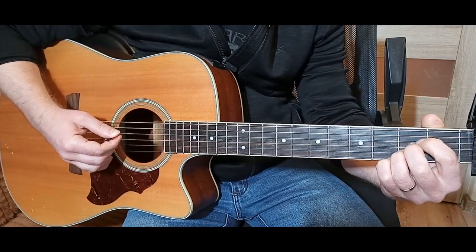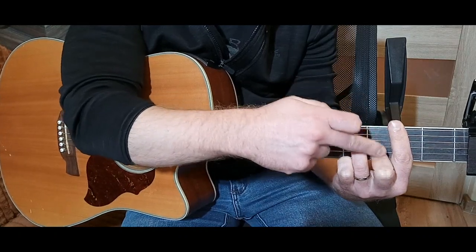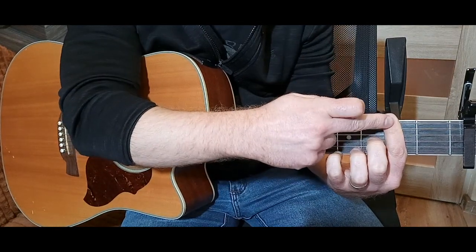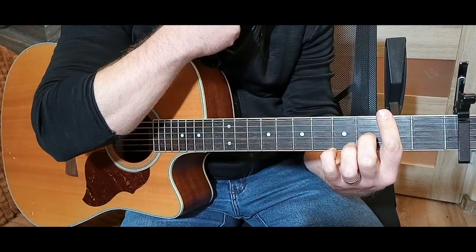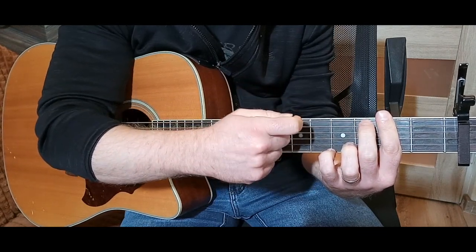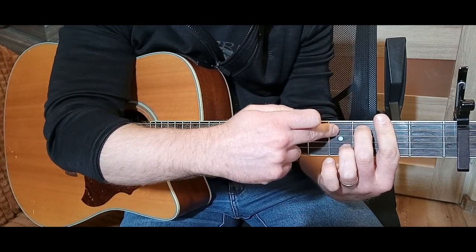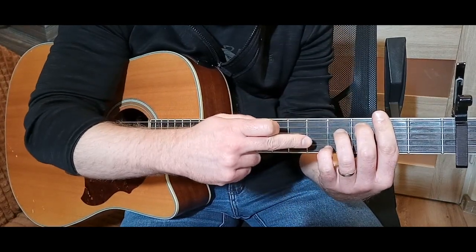So again, A major, B minor 7, and now to transition from B minor 7 to C sharp diminished, I lift up these two fingers and keeping the same structure here by barring on the second fret with my index finger, I place my middle finger on the first fret here, starting from my index finger of the A5 string, okay, and these two fingers shape